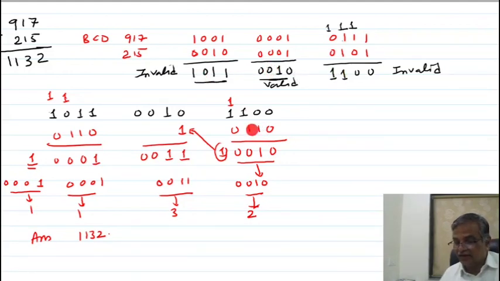Here I have added, so you are getting 5 bits. Now to get the correct answer, the carry I will take to the next number. This is your correct. So you are getting a carry here, and the carry I am taking to the next one because this is correct. So here to make it 4 bit I have added 3 zeros. So in this way you can do the BCD addition.